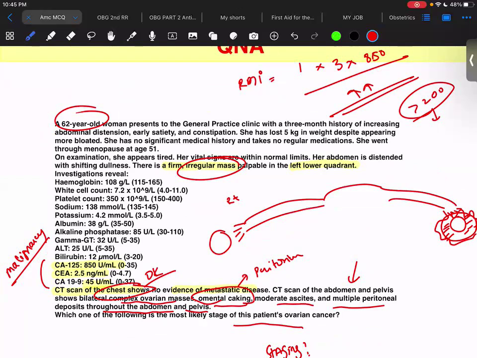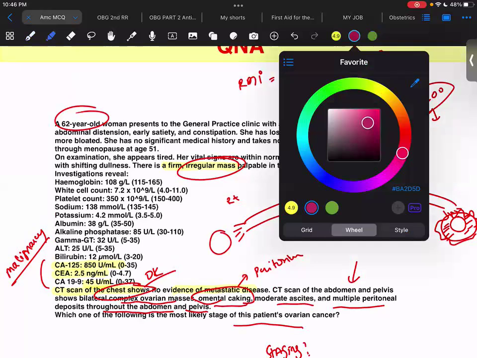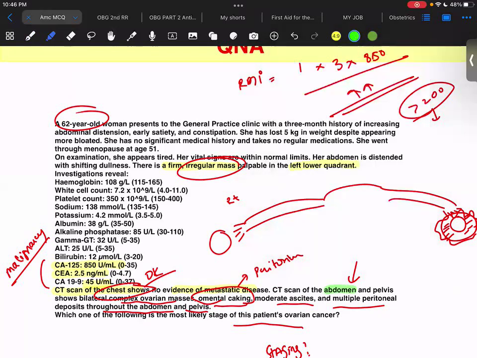CT scan of the abdomen. We went for the CT scan of the abdomen, and what is that showing? Let's check it over here. CT scan of the abdomen and the pelvis is showing a bilateral complex ovarian mass, omental caking is also there, moderate ascites also there, and multiple peritoneal deposits throughout the abdomen and the pelvis. That means